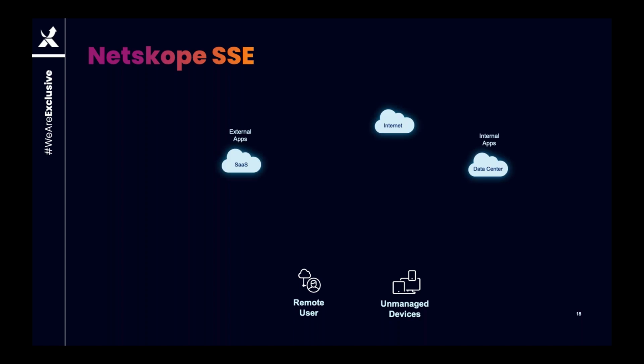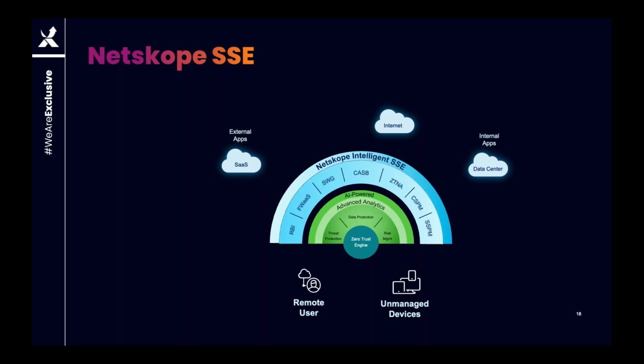So let's break it down and focus on a specific use case. Let's focus on Pete. Pete could be a remote user, and in this case, he's logging into an unmanaged device. And he wants to access a couple of applications, maybe just general internet, some websites, but also maybe a personal or an internal application. And to do so, we put Netskope in the middle, and all traffic will be steered back to Netskope Intelligent SSE, so that we are now able to have complete visibility, gain that context,